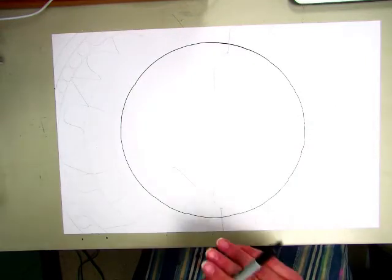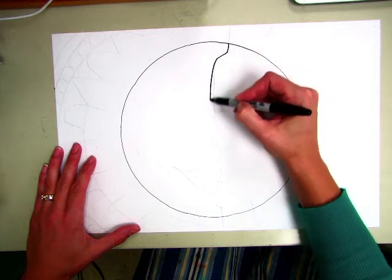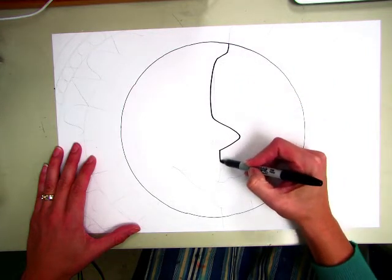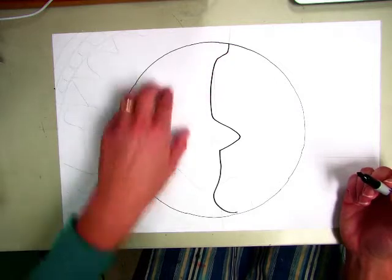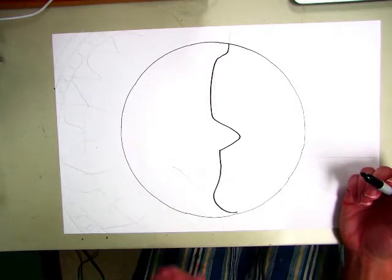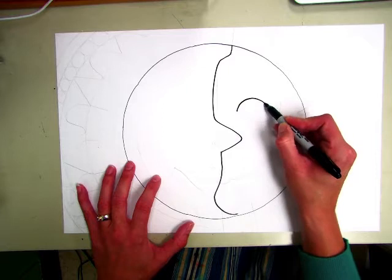Then I want you to take the sun and the moon and split them in half. So I'm going to draw a nose. It's like a profile. It's the side of the face. You can see here is like a moon shape, and here is the sun. And then you want to make them into faces. So I think during the day, I'm going to have